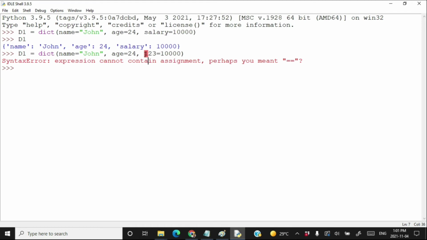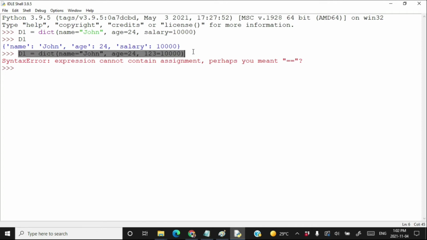Because here in this case, Python is not treating this 1, 2, 3 as a string. So here you should write only alphanumeric or alphabetical values that can be treated as a string, that do not mean anything else apart from a string. Only those values should be used on the left-hand side of the equal sign, and those values should not be enclosed between double quotes or single quotes.